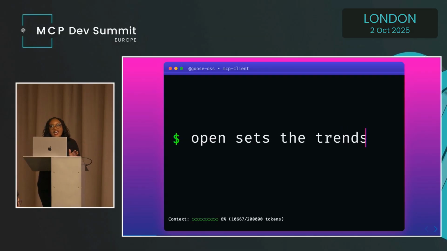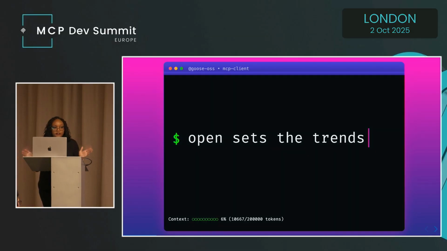All right, perfect. If you all would humor me for a couple of minutes, I want to ponder a bit about how MCP clients, specifically open source ones, are actually leading the movement. Open source has always been where the future starts. It's where Linux redefined operating systems. It's where Kubernetes transformed infrastructure. It's where communities built the tools that power our industry today.